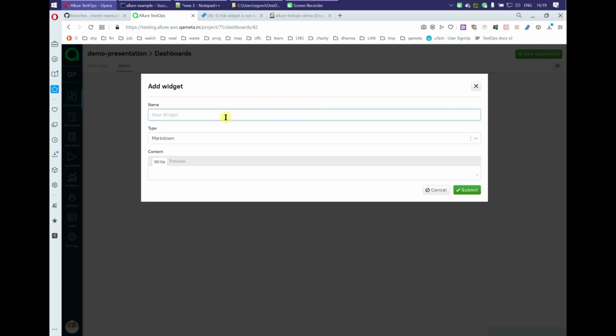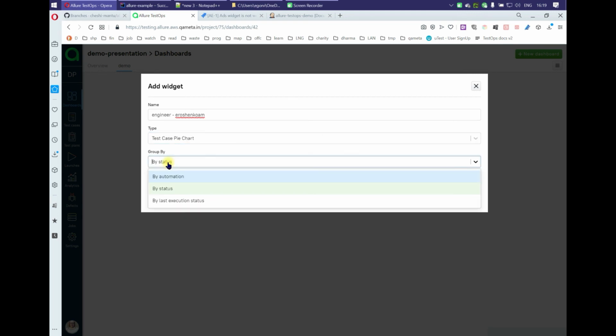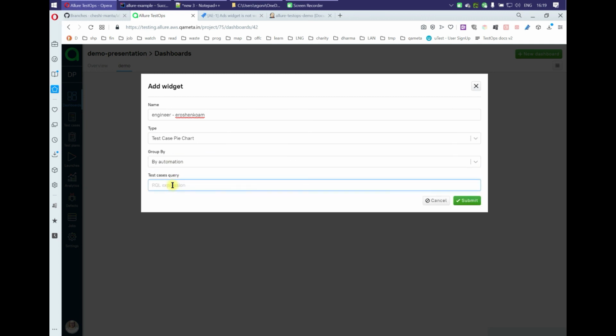So we just create some pie chart widget, and we will create test pie chart grouped by, let's say, automation, and then we will need to create RQL rule to filter out the results of our tests. So this query is for test cases, and we need to filter by role, and role in our case is owner,